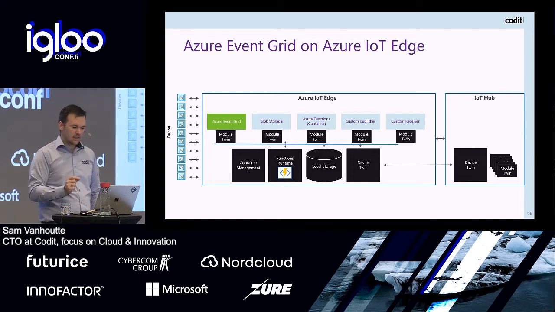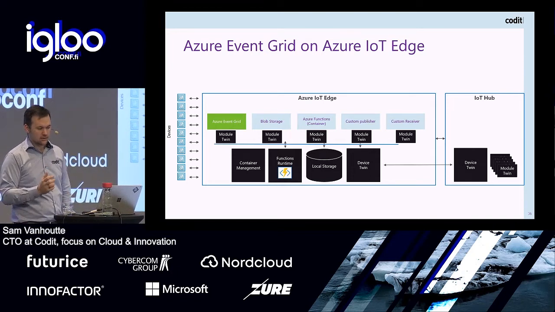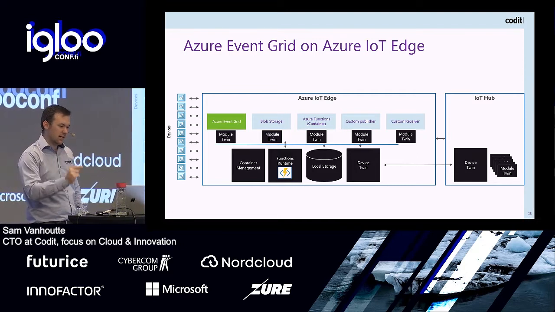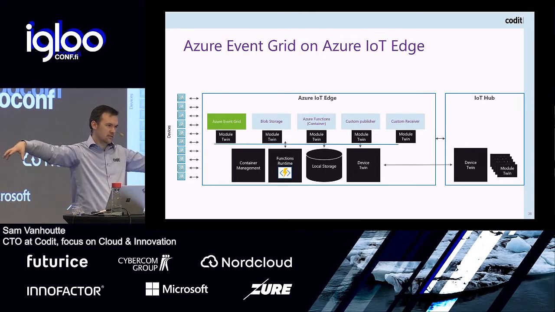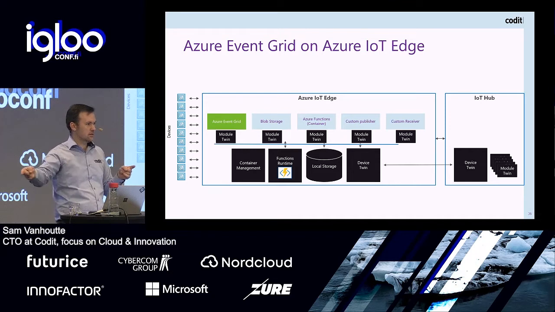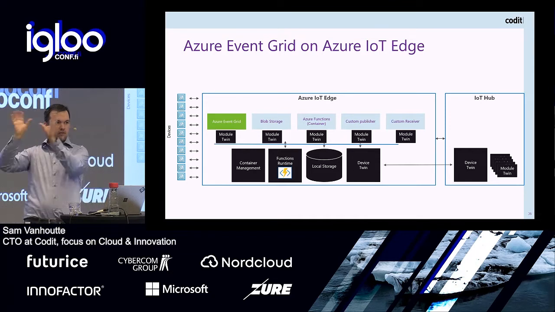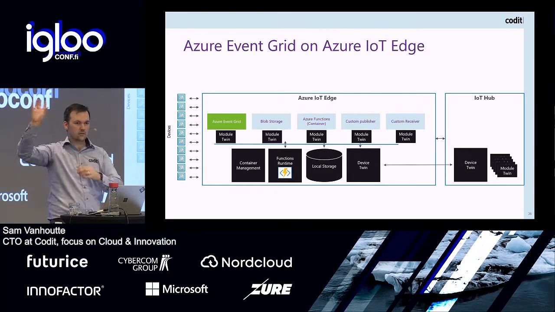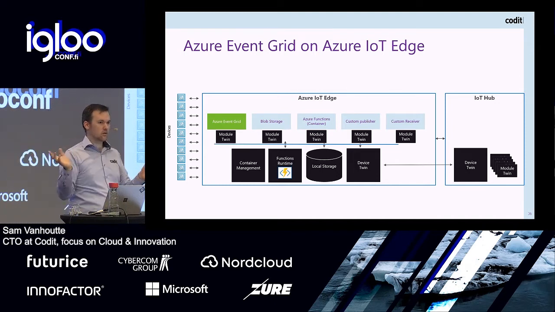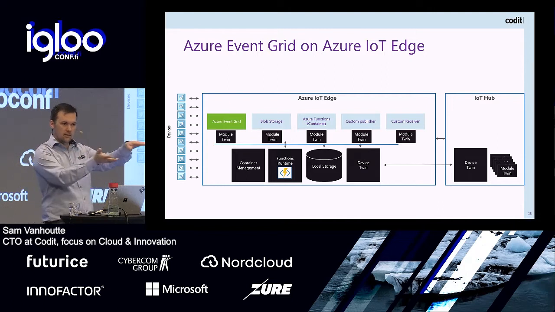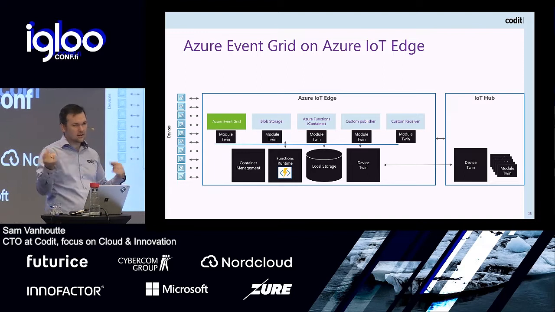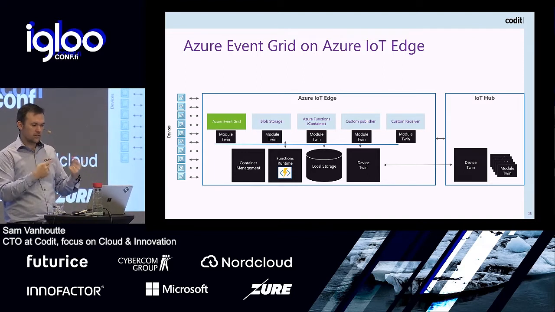The difference that I see for scenarios, and when I can use it, is if you want to do device-to-device communication. Because you can have Event Grid on 2 devices, and you can communicate to each other. You can subscribe to events from another device. Think about one device that handles something in the production line at the beginning, and it wants to send an event like, whoa, I think I have some bad quality created, so maybe you want to handle that and you want to know it further down. That could be a way to notify each other.